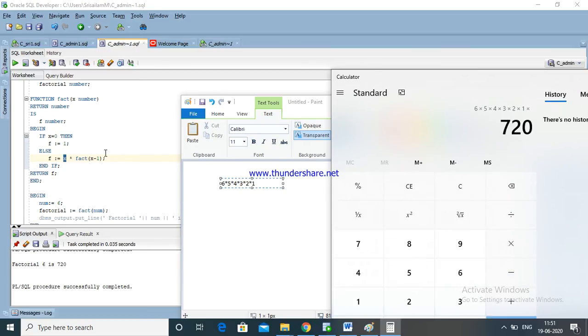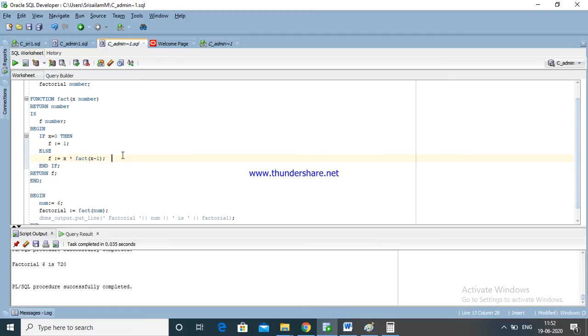This way we get the total value. We have fact, we are calling fact, and again it returns. This way we have completed this declaration.